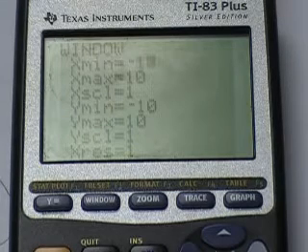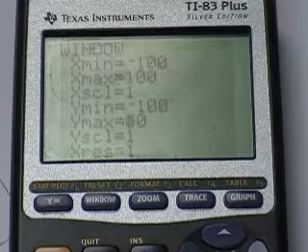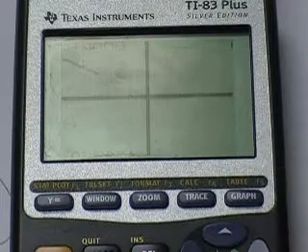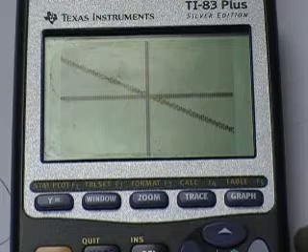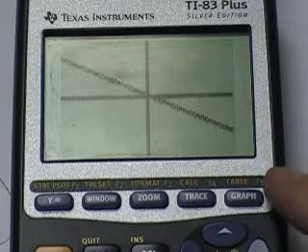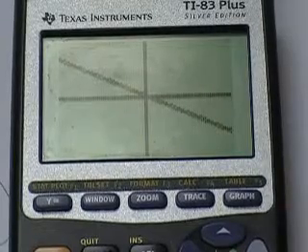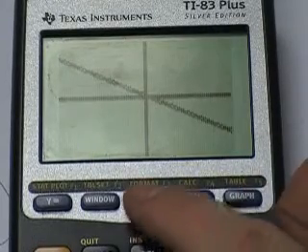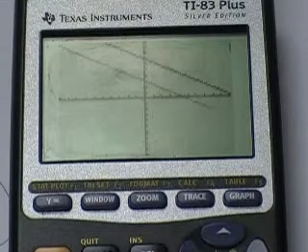What if I made my window larger, say negative 100 by 100 and negative 100 by 100? A much, much larger window. Well, now the lines are so close together I can't tell whether they touch or not. Here's where you have to rely on the graph and algebra. If I zoom standard here, and I go back to my regular graph here,